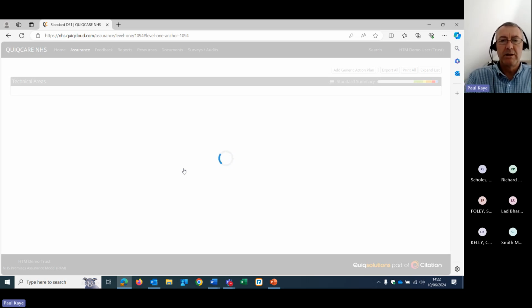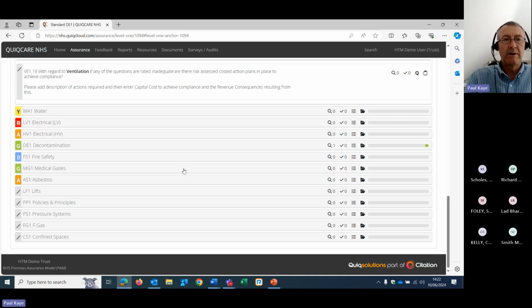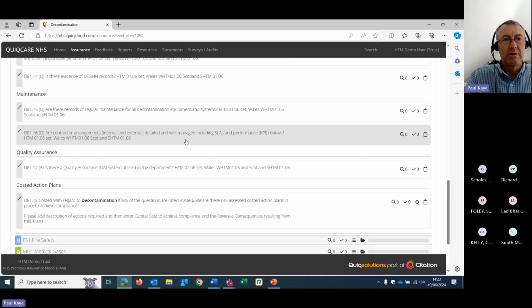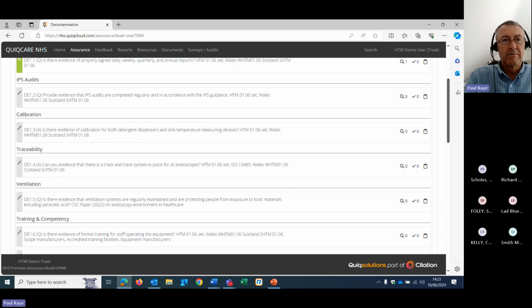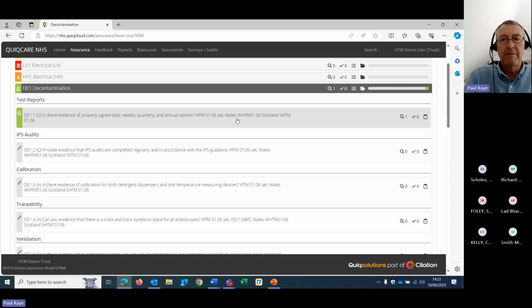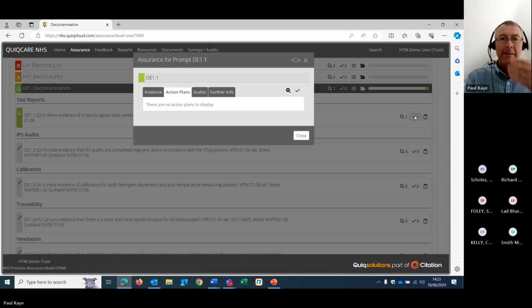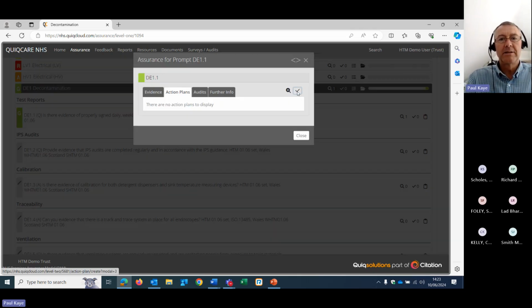Because I didn't finish the audit, it's not actually going to show here, but it will show that there is an audit in place, and then you can respond with the appropriate actions. So if you identify that, maybe the evidence on the audit was you haven't got sufficient evidence of your signed reporting, we can create an action plan to address it.